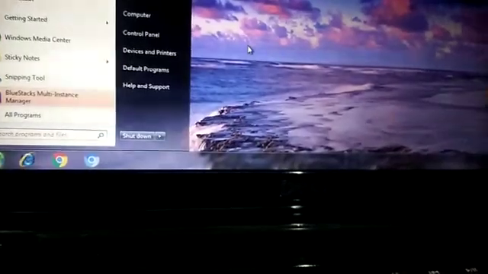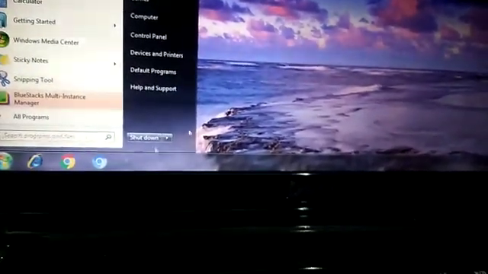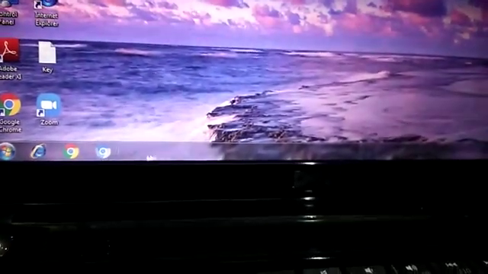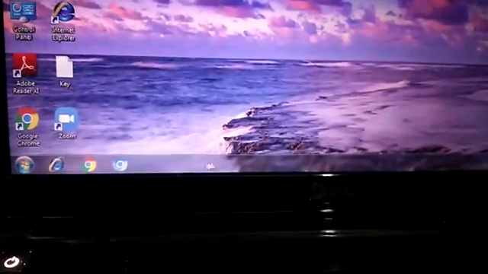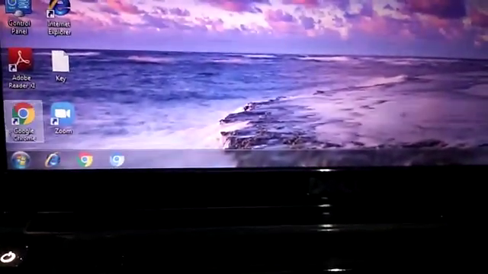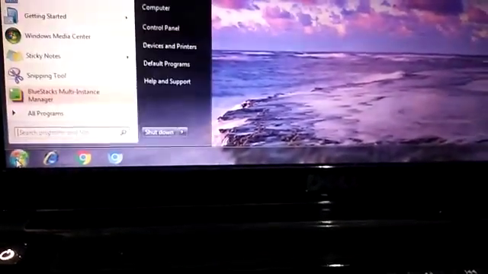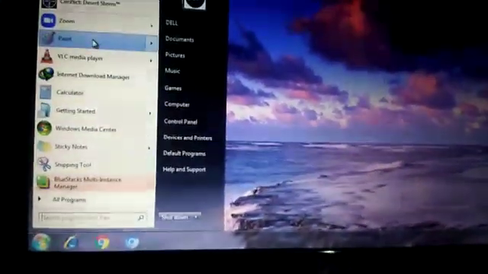Now, you can see on your computer screen, this is the middle section. Right now, I haven't opened any program, so it is not showing anything. Okay, I just opened one program, and that is Paint.